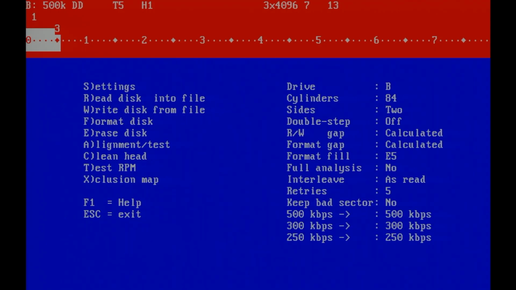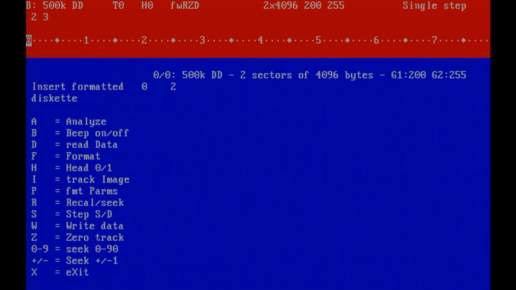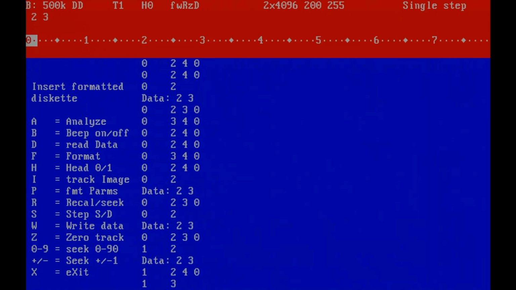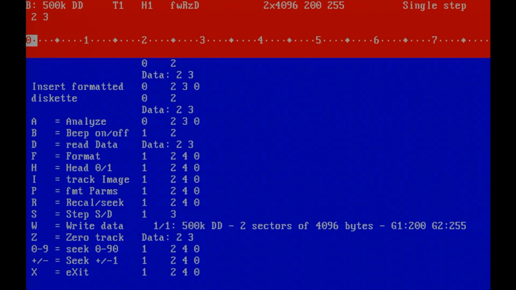Let's try to read them. No, it doesn't see all the sectors, so I guess it failed. Yep, it doesn't work. It's odd,